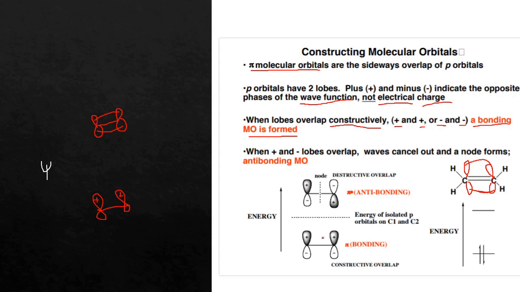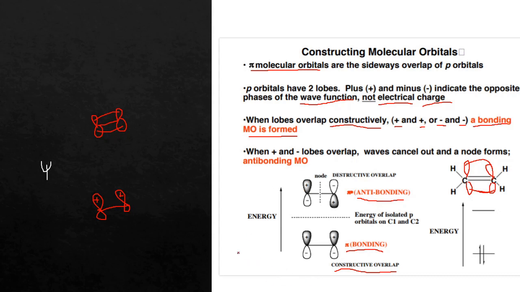Among these two molecular orbitals, one happens with a constructive overlap, we call it a pi bonding molecular orbital, and the other one happens with a destructive overlap, and we call it a pi star anti-bonding molecular orbital. And when we try to express this, this is the simple molecular orbital